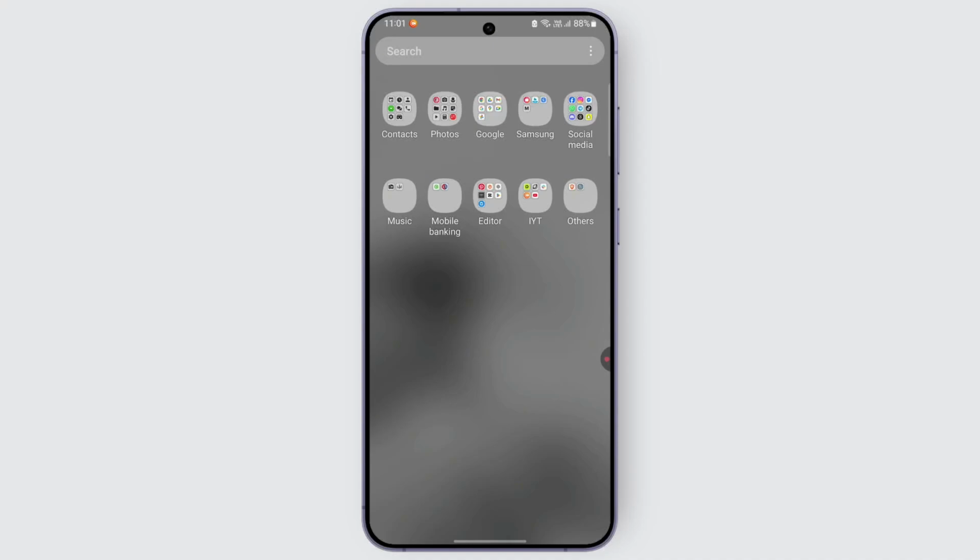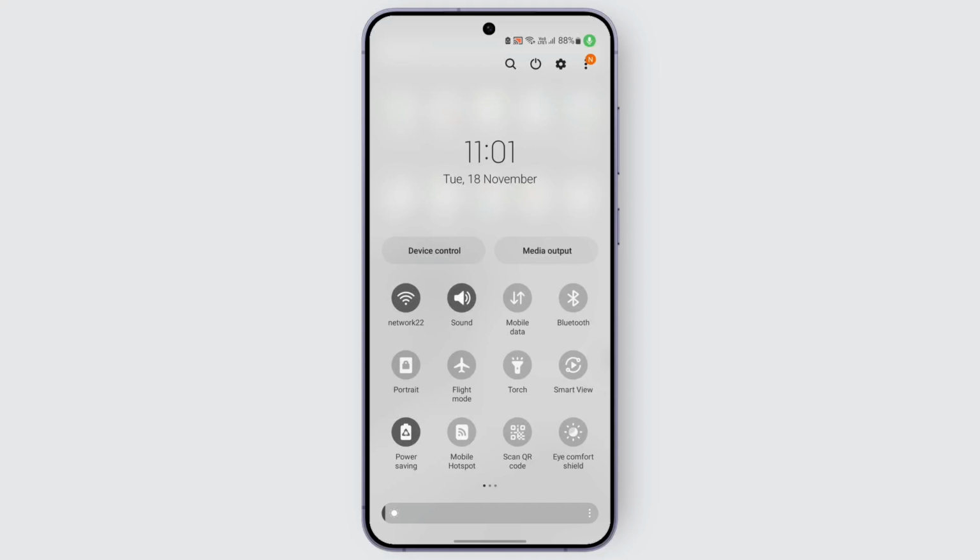Also check your internet connection. So go over and access your quick settings panel, and from there look out for the network that you're connected to or the mobile data that you're connected to, and make sure that you have a very strong, stable internet, and you can try it on other applications